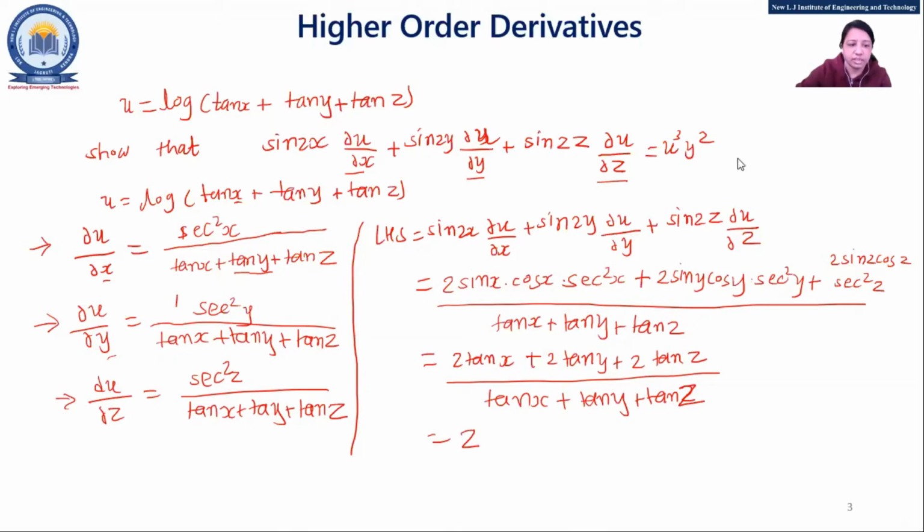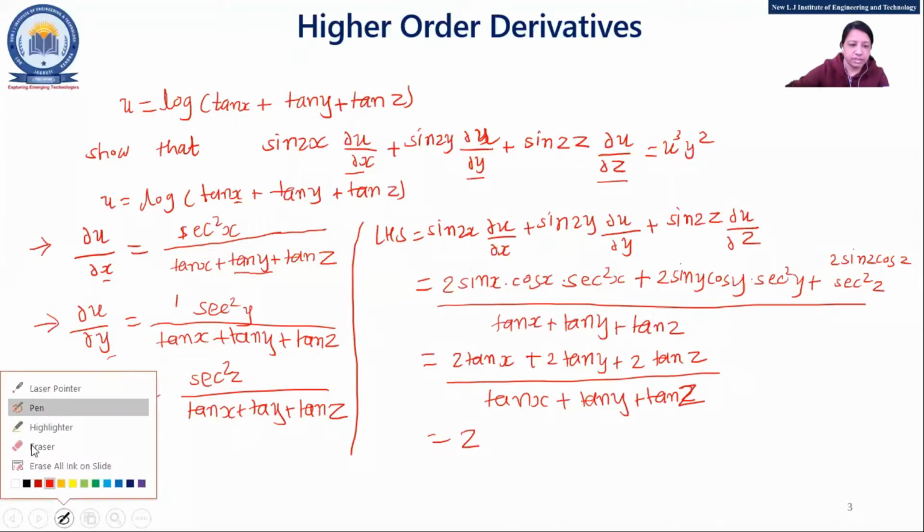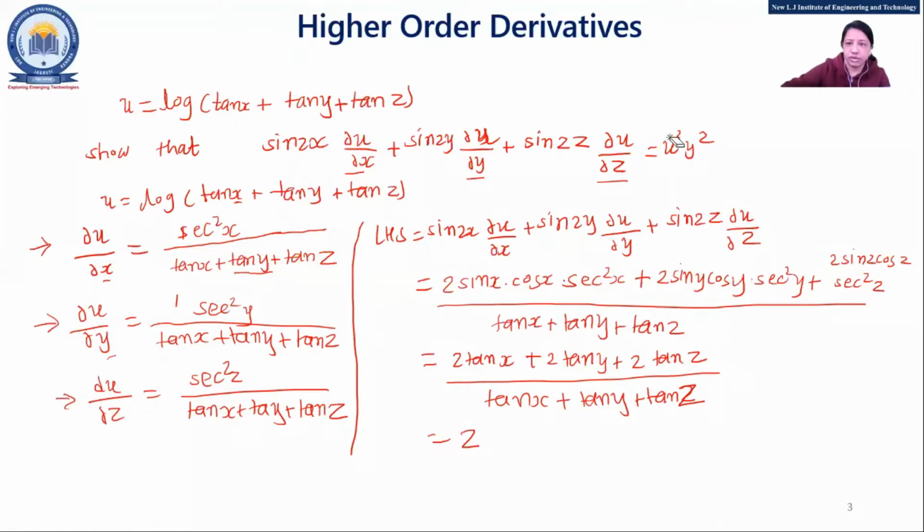Now here there was a mistake actually. Here in the question itself, it is 2 here, right? I'll erase it. Here it's a 2 only. That was for the other example actually; by mistake it was written. Here it's a 2, right? So obviously it is 2 and that is your RHS.